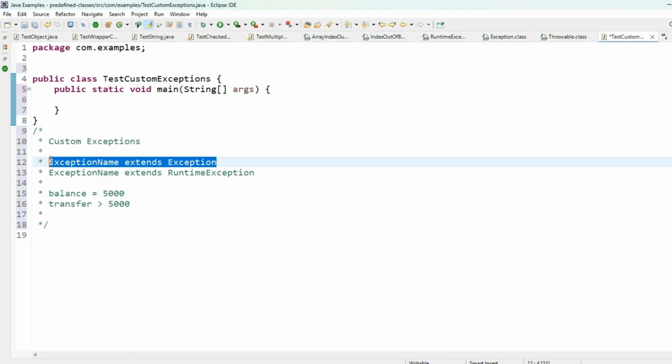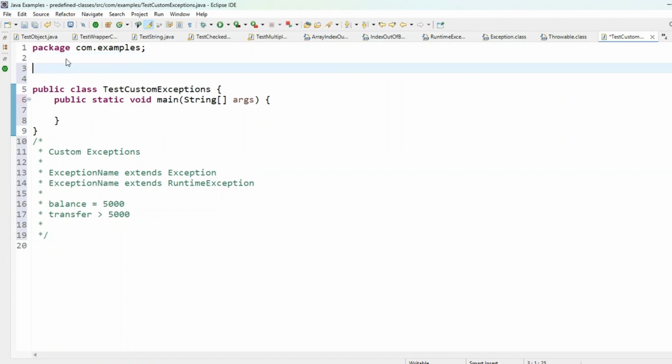Or you can also propagate the exception using the throws clause so that the caller will always handle the checked exception. Let us create one exception with the name insufficient balance exception, and we will extend